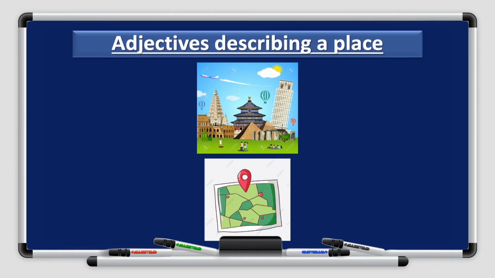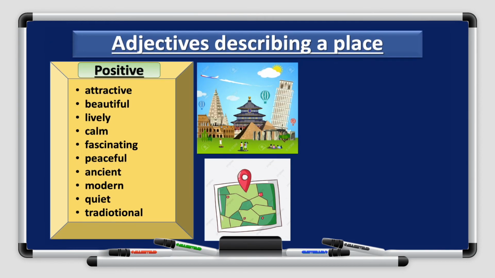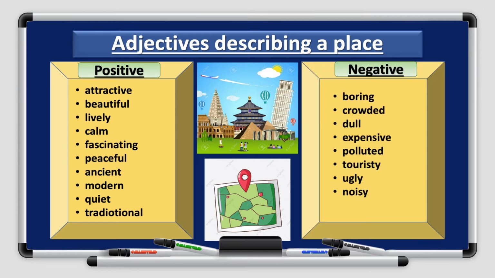Let's look at some adjectives we use in order to describe a place. So remember, the task tells us to describe 3 places one shouldn't miss seeing in Kuwait. And we want to write a descriptive writing, so it's supposed to be filled with adjectives. Let's look at some of the adjectives we can use when describing a place. We have positive adjectives that include attractive, beautiful, lively, calm, fascinating, peaceful, ancient, modern, quiet, traditional. If I want to describe a place in a negative way, I can say boring, crowded, dull, expensive, polluted, touristy,